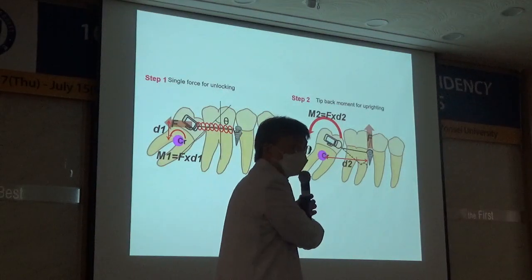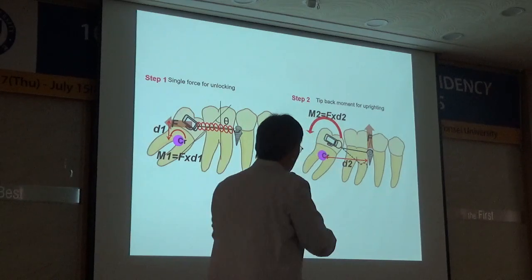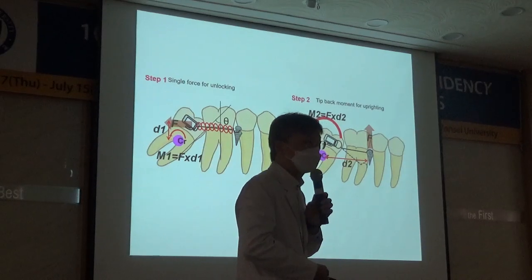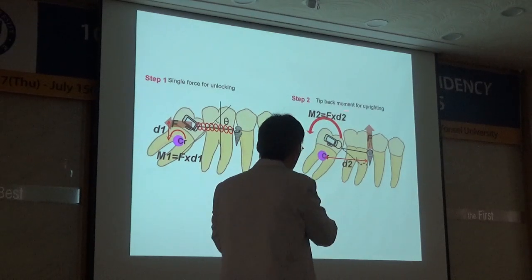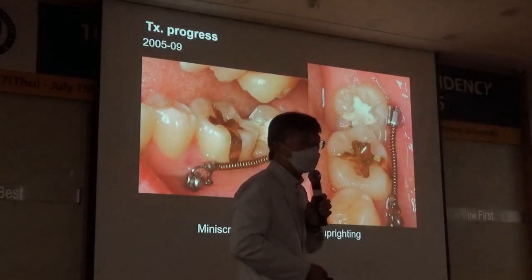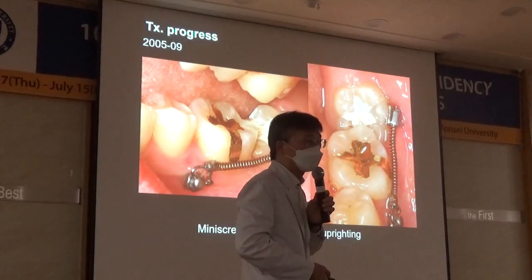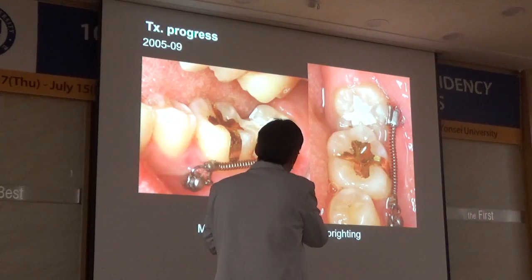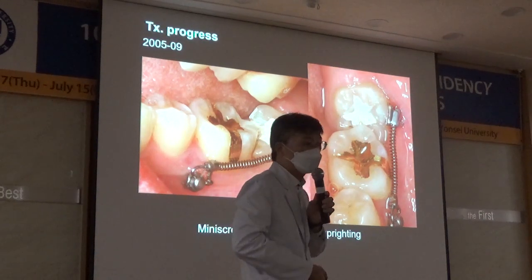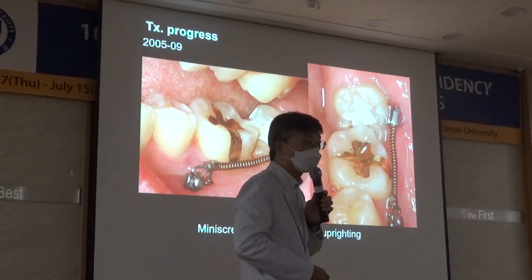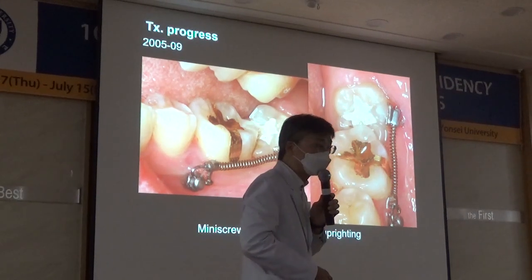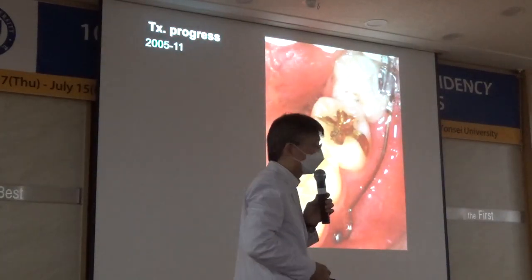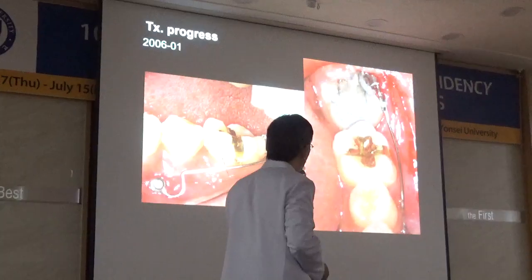Is this going to work for this case? Yes or no? Yes, this is going to work. This causes extrusion, but just because this is a primary mesial angulation, we decide to use this. First, I still use the MAPS. Why? Not expecting to see the molar uprighting, just to release the mesial side of the second molar from the distal side of the first molar. Okay? Just for the sake of release. This is not going to upright the lower molar. Then effectively, molar uprighting will take place if you use a molar uprighting spring.